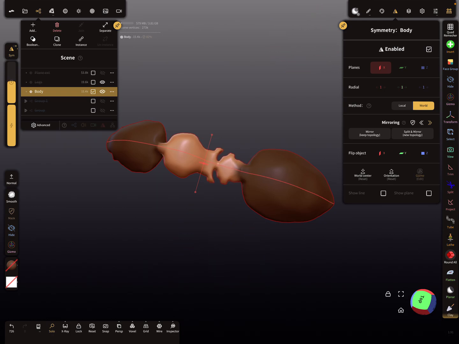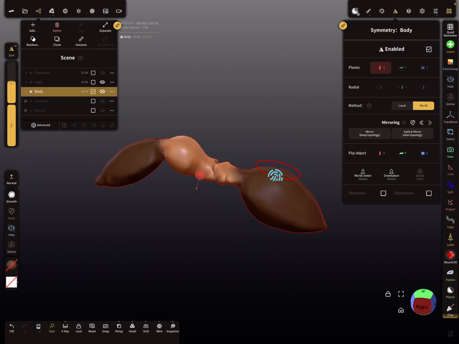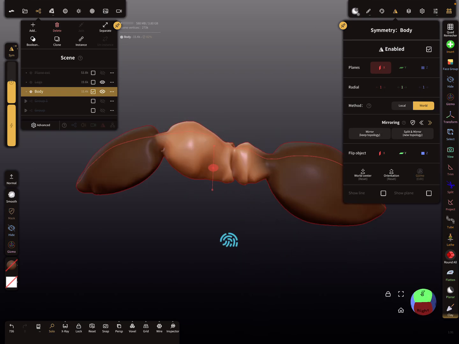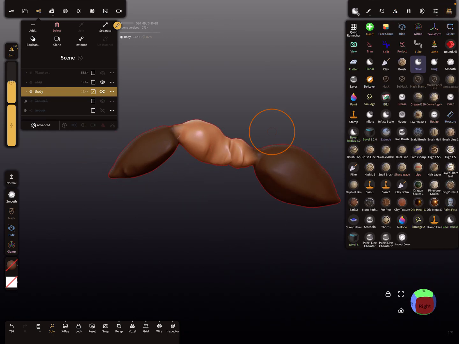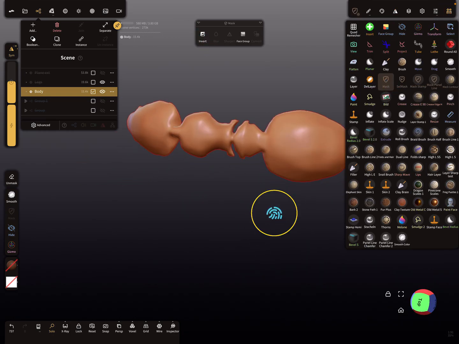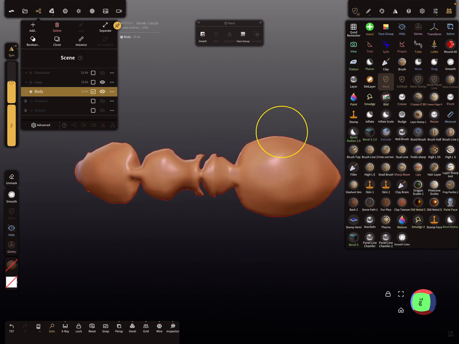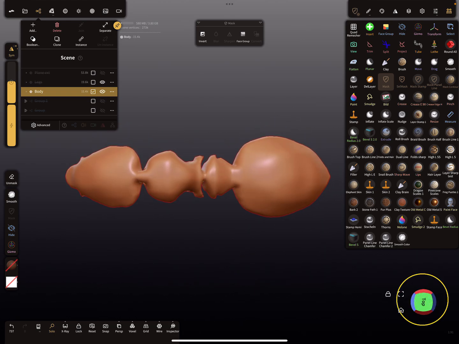So you can use a reference image for this. So I want the end like this. Okay, so this is our body, and